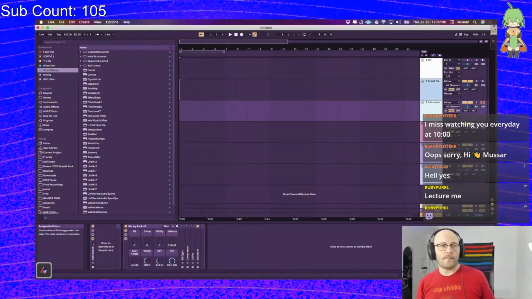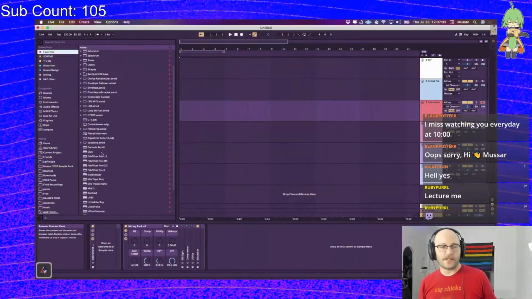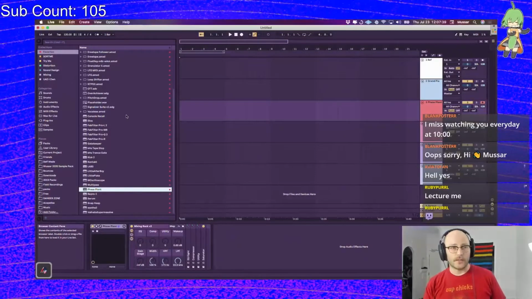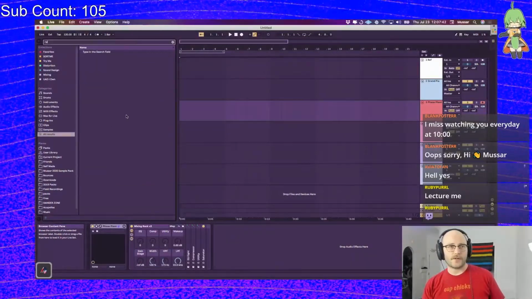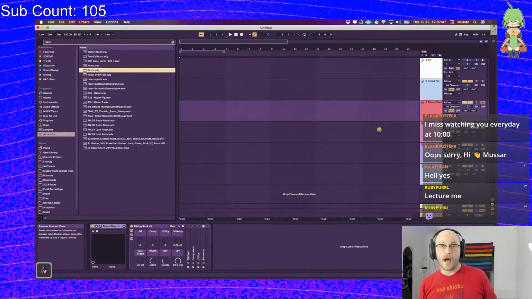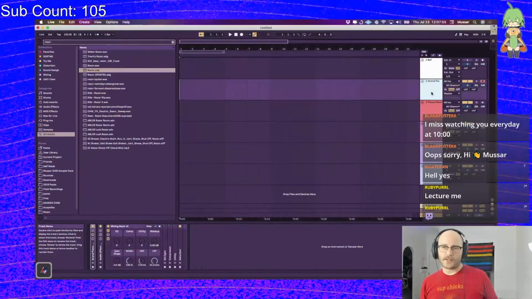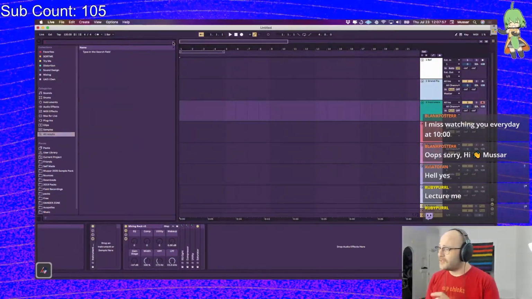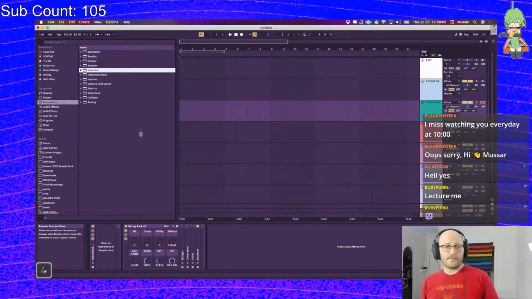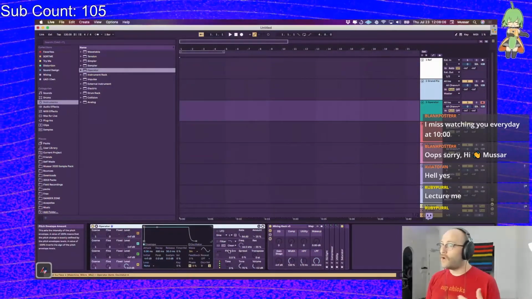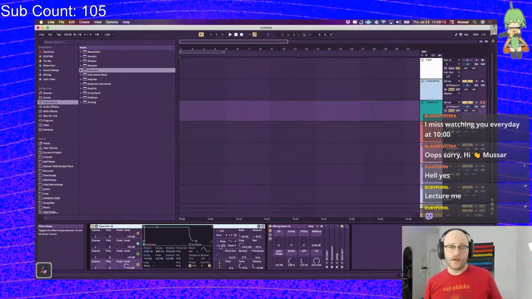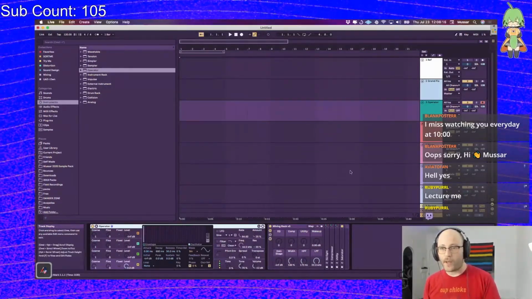I'm going to open up a few different things here. First, I need to grab Phase Plant. I need to grab actually this synth called Razor. And then I need to grab Operator. We talked about this a little bit with FM synthesis. We talked about this a little bit with wavetable synthesis. But both of those types of synthesis can involve what we would call an additive process. What we're going to talk about right now is called additive synthesis. If I just play a sine wave with Operator,